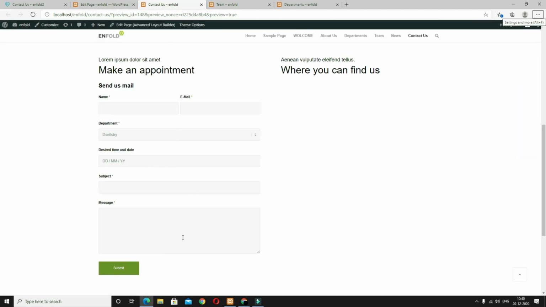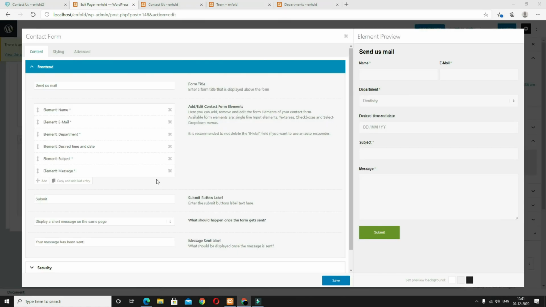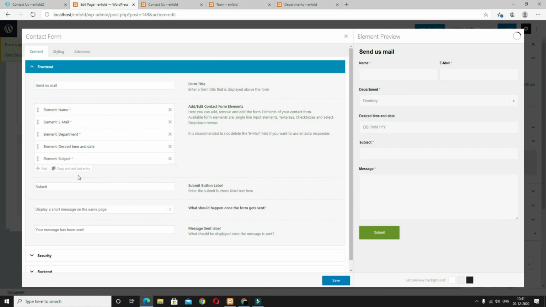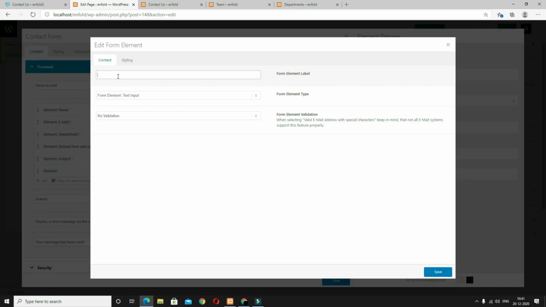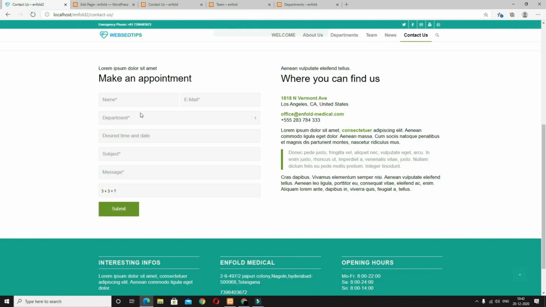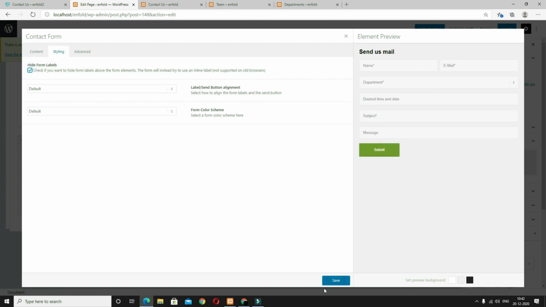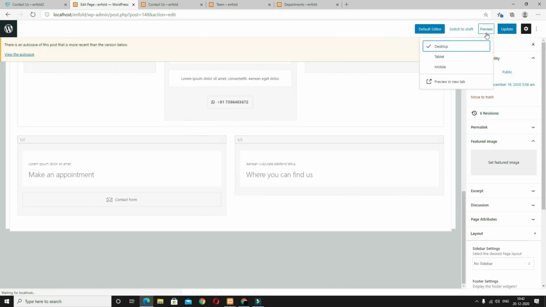But here you can see this message field is very big, but in my demo website it is not that big. So what we can do, again click in this contact form. After that, delete this message field, and click in the add and give the field name as message and take a text form. So it will be small, like here you can see it is already quite small, and I do not need this field to display outside of the field. Here as you can see, it displays inside the field only as a placeholder. So what we can do, come back to the style and check this. It's now perfect. Let's save it and check the preview once. Okay.